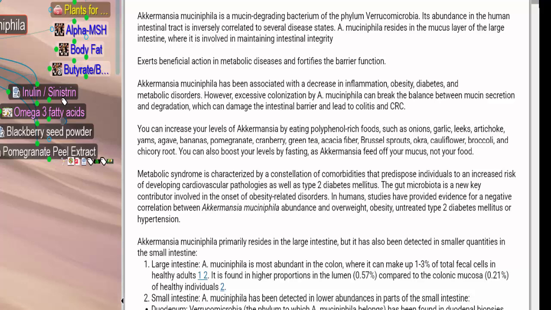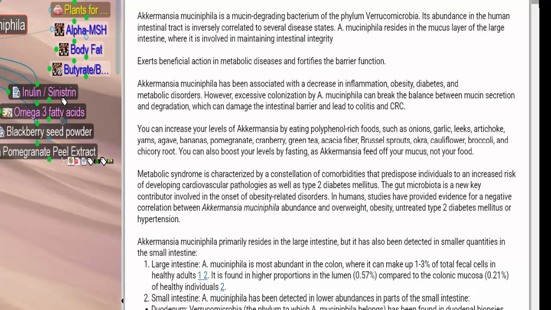It's associated with a decrease in inflammation, obesity, diabetes, and metabolic disorders. However, excessive colonization by Akkermansia can break the balance between secretion and degradation, and that can damage the intestinal barrier,